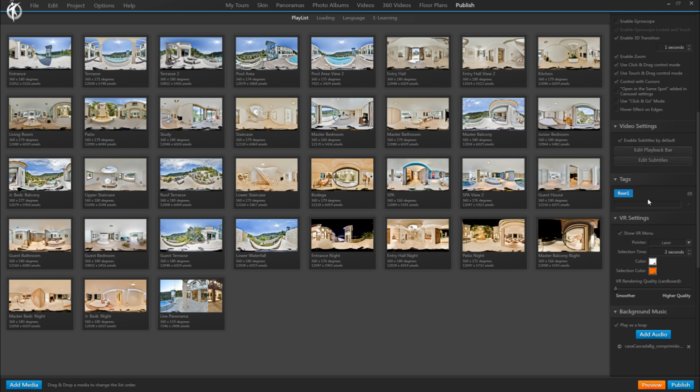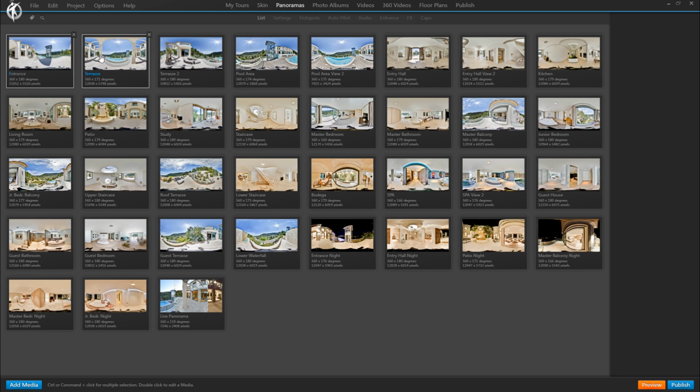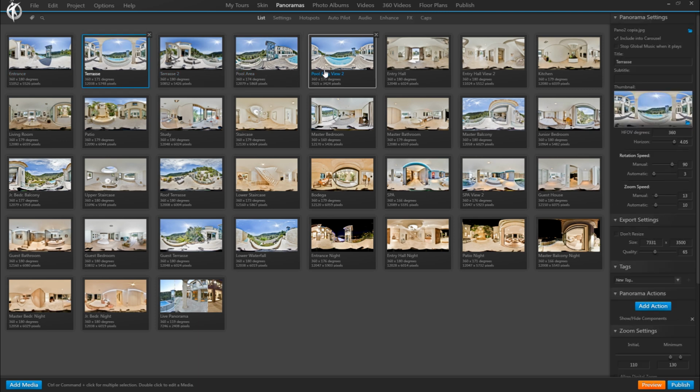So if you want to make sure that they don't get deleted, you need to assign them to any element in your tour before closing a project, whether to a media, to a hotspot, or to a skin button or anything like that. Or if you want to make sure that doesn't happen, we recommend working directly in your media instead and creating the tags as you assign them. So we create a tag every time that we need one and we simultaneously apply it to the media that needs it. So let's do that.